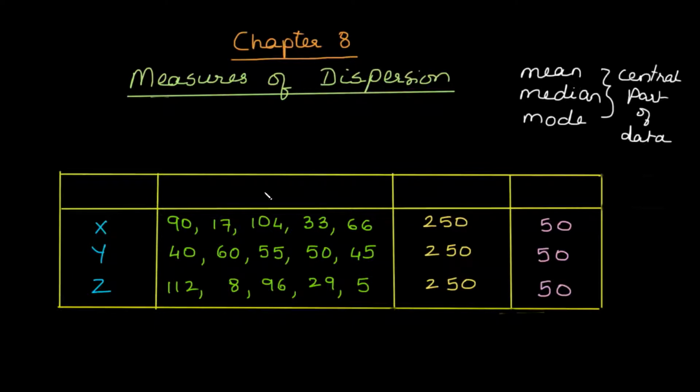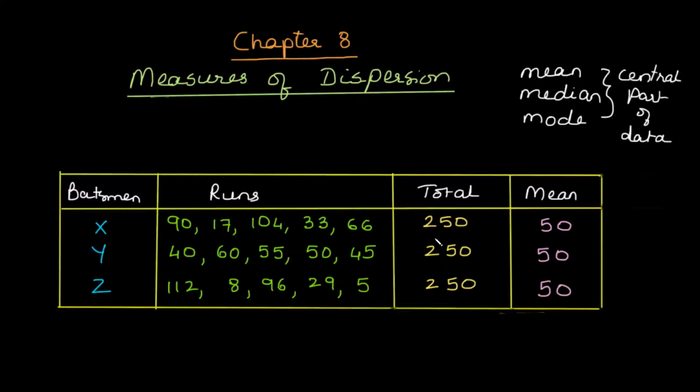For example, in this table, the data regarding 3 batsmen is given. X, Y and Z are the 3 batsmen considered. And these are the runs scored by them in 5 one-day matches. They played in a series of 5 one-day internationals and scored runs in all the 5 matches, and those runs are given in the second column. Now we consider the total of these runs and we also calculate the mean score of each batsman.